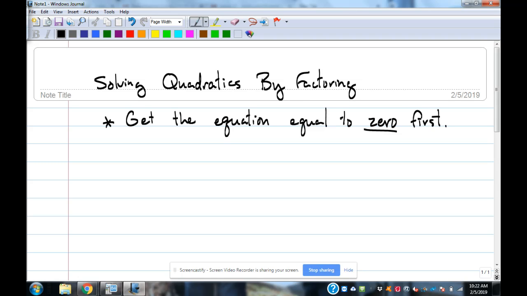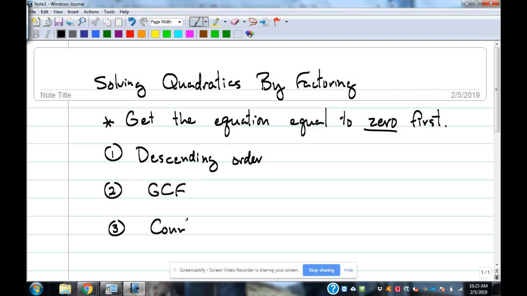If it's not equal to 0, then you can't do any factoring yet. So got to get the equation equal to 0 first, and then that opens up all of the things to do with factoring, which the first thing that you wanted to do was make sure it's in descending order by exponents, highest exponent first and go down, left to right, and then we look for greatest common factor, and